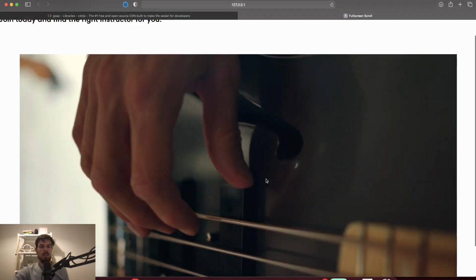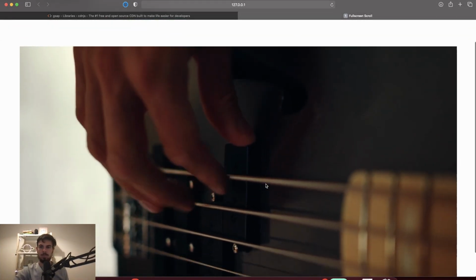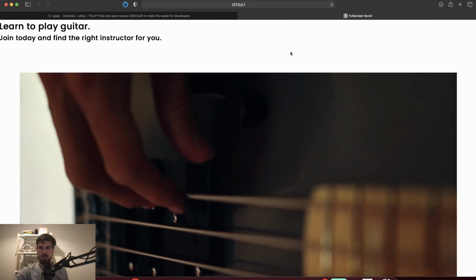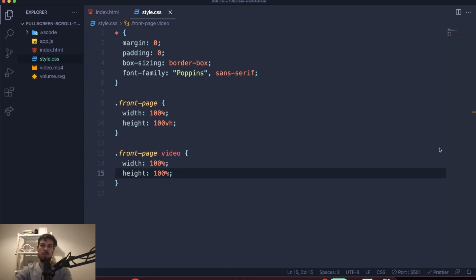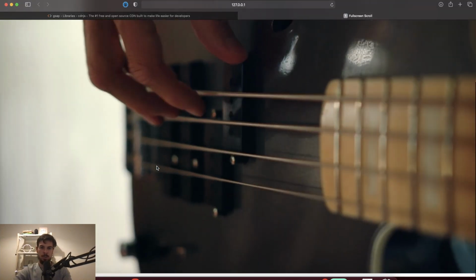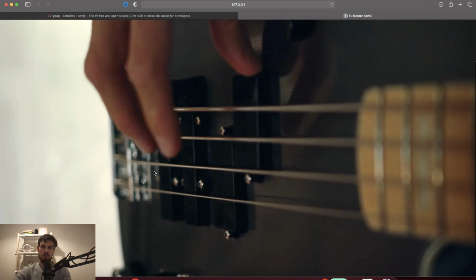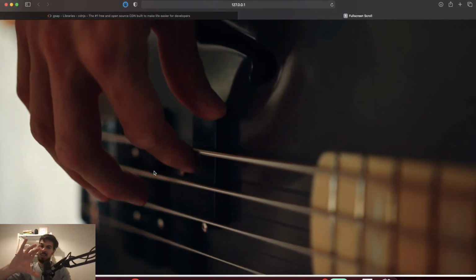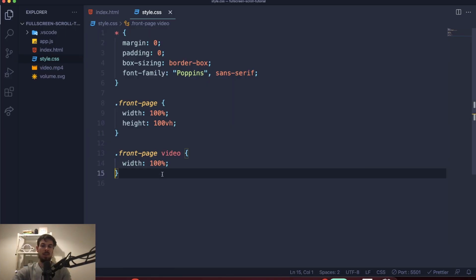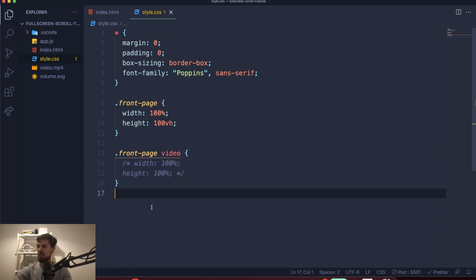Now, as you can see, we have a little bit of an issue here, and that is that it won't stretch all the way, right? And that's because we have the height here. So it's trying to maintain the aspect ratio. So that goes full screen, which is good if we had the width 100. The problem is the height is not going to be the size of the screen. So to fix that, I guess it's easier if I just comment this out for now, and I'll just grab